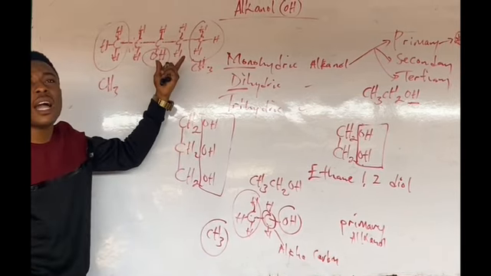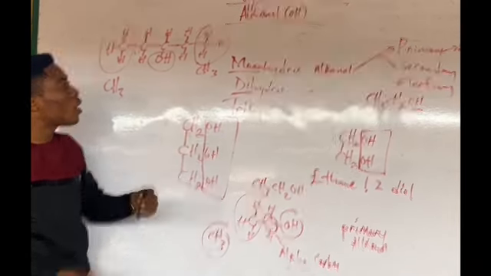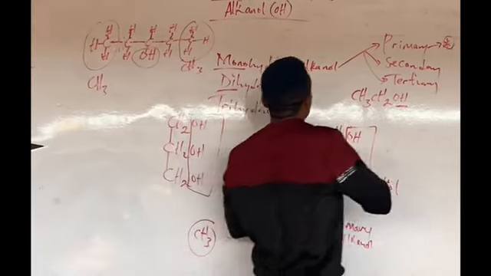Now let me tell you why it is not good for you to say it is a secondary alkanol because it has two methyl group present. I'll give you why. Now if you have something like this,